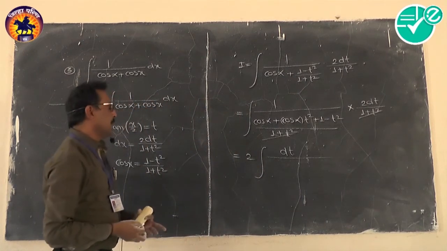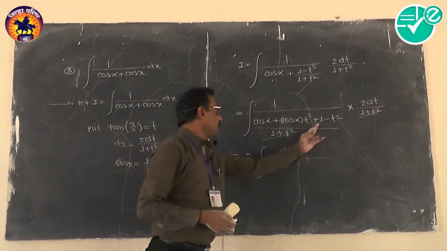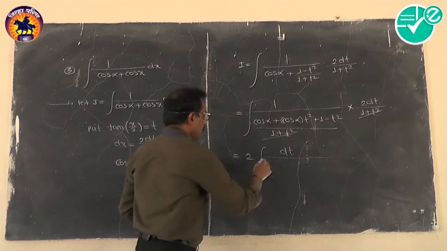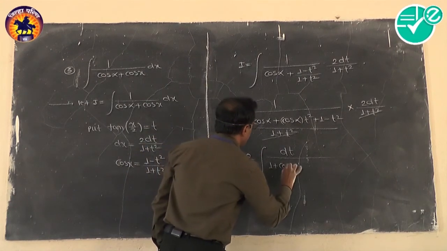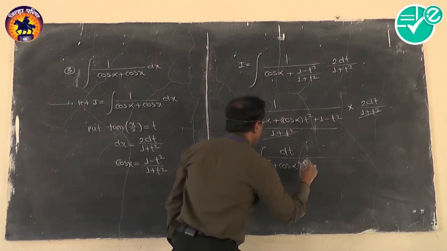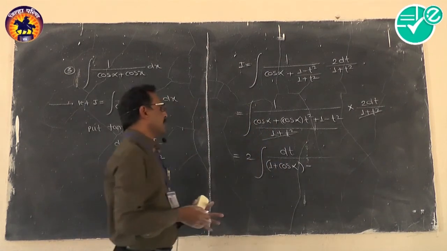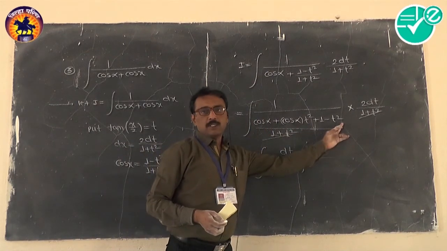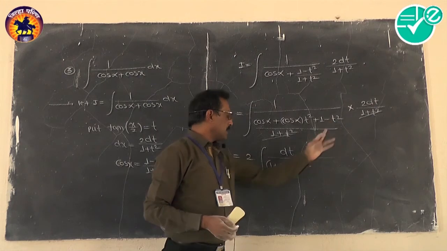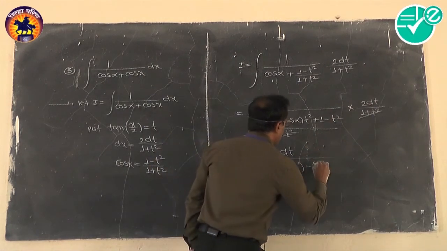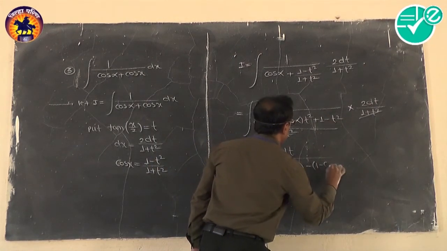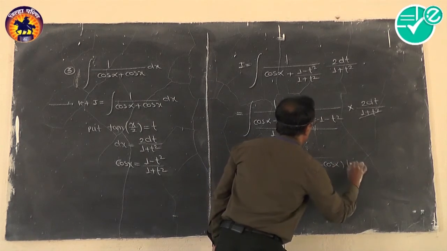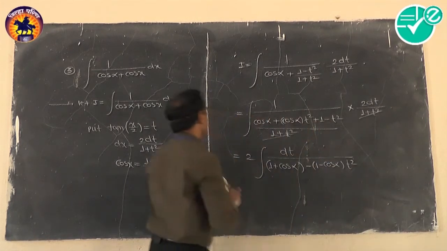Now observation should be better here. Here 1 is constant, alpha is constant, so we have to write that constant term first, that is 1 plus cos alpha, and in the last 2 terms, here t square is present, here t square is present, but here is minus t square, so take minus common. If you take minus common, then it is 1 minus cos alpha, and common is here t square.